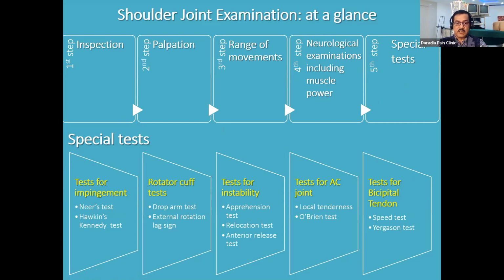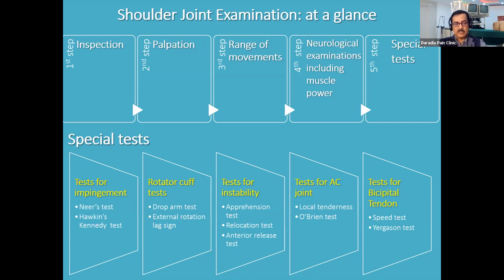So the test of impingement, there are two important impingements. One important impingement is the acromial, subacromial impingement, particularly where the supraspinatus muscle is gliding just below the acromion. If the supraspinatus muscle cannot glide nicely, that is one of the impingements. Another important impingement is the subcoracoid, where the subscapularis muscle is gliding below the coracoid. So pathologies in the subscapularis muscle can be responsible for the subcoracoid impingement. So these are the two impingement tests.